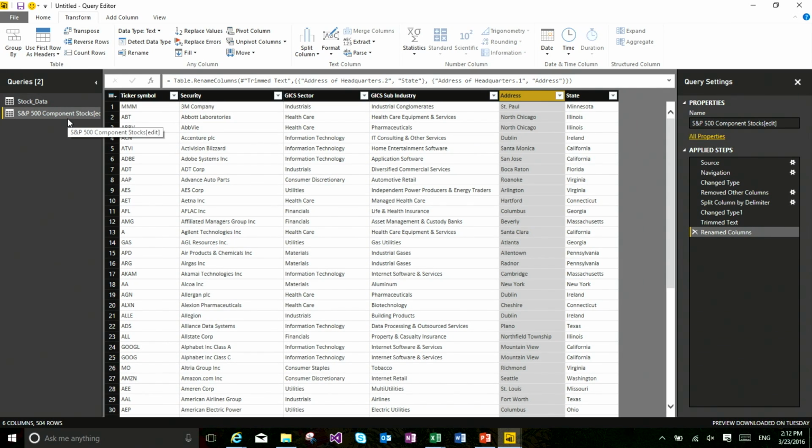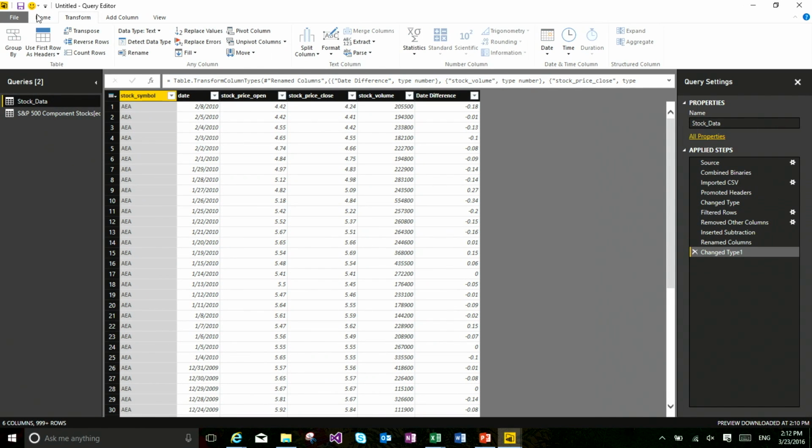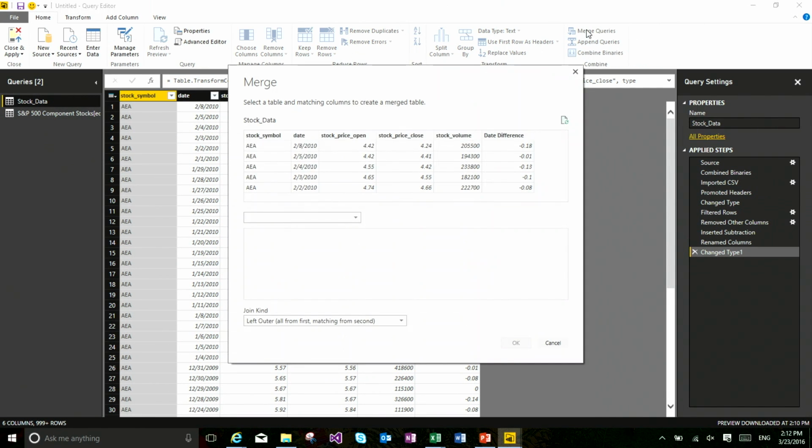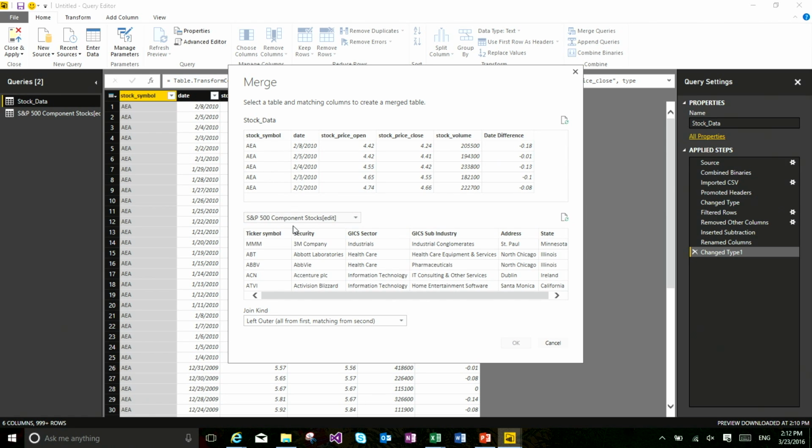So now I'm going to merge this data with the stock data. I'll go back to the stock data table, go to the Home tab, and click Merge Queries. Remember, I had over a gigabyte of data in that table, and I have only 505 rows in the S&P 500. I can now merge these by ticker symbol. I get different types of join kinds. In this case, I'm going to do an inner join, which basically only keeps the matching rows in the